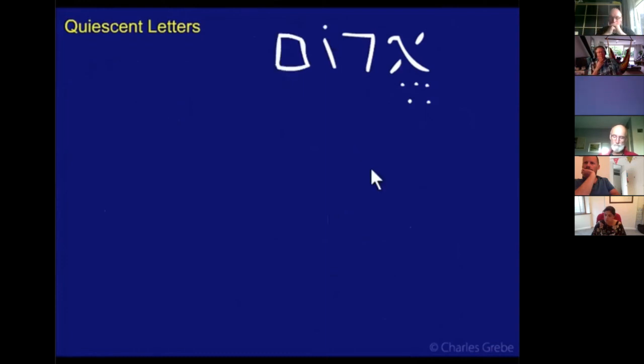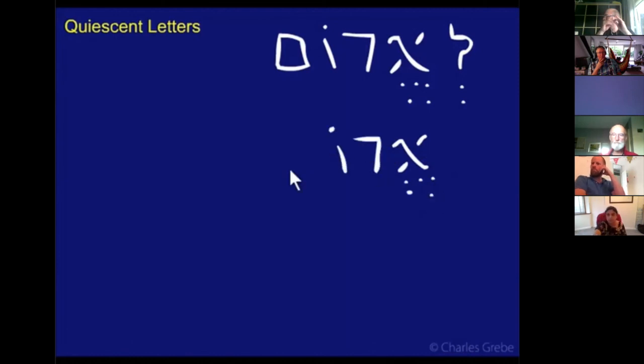Okay, make sure I spelled that right. Edom. If we add le on there, we're going to do the same step we did before. Let me rewrite this here. Edom. So we need to apply the rule of Shava because we have two Shavas at the beginning of a word. So as before, this will become Sagol, but then it stops. Le Edom. That's how you say it. This does not quiesce. So Aleph does not always quiesce.